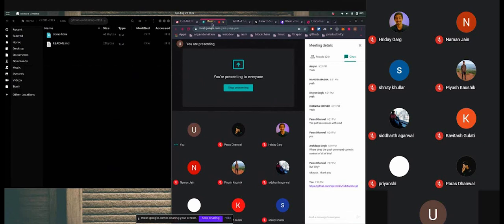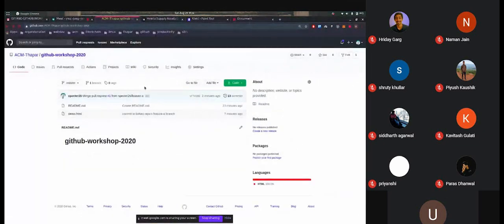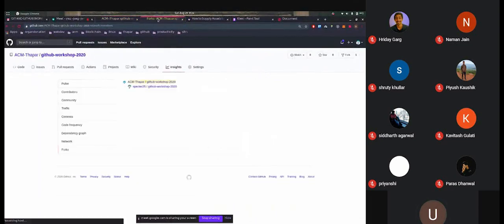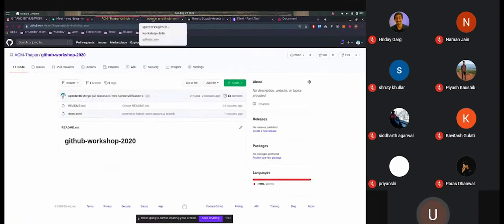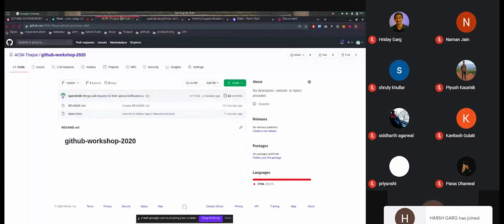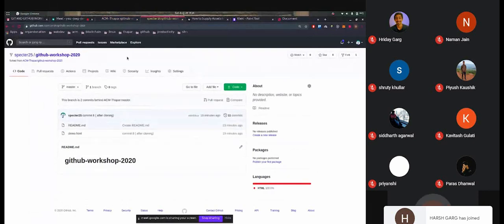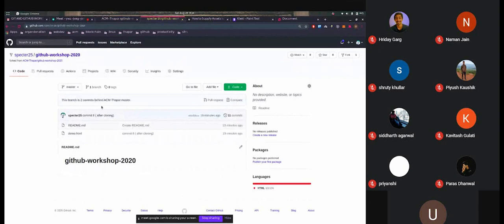Okay, so I am continuing further. So now, two things. So let's go back to the branch. See now, these are two separate repositories. Just the case is this repository is a forked repository, that is, a cloned repository of the original repository, right? So what I did is, on this repository I created a branch, and I merged that branch with the master branch of the original repository.